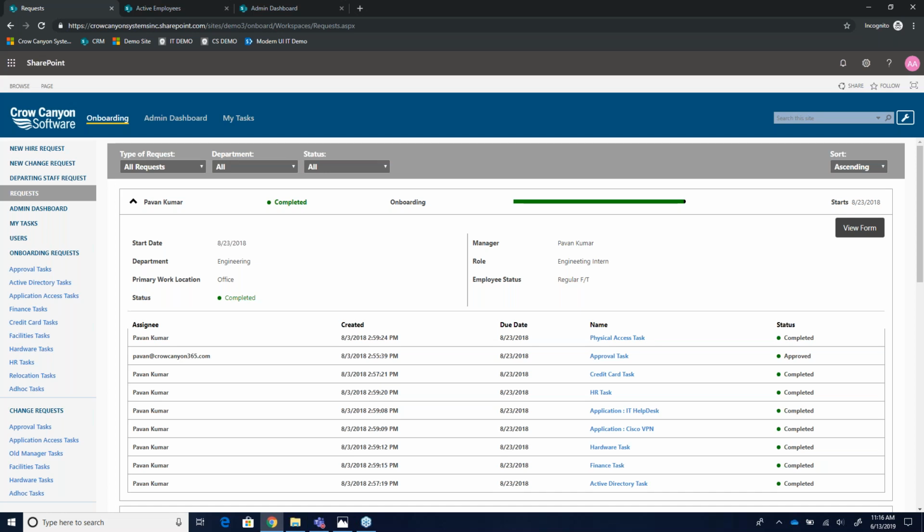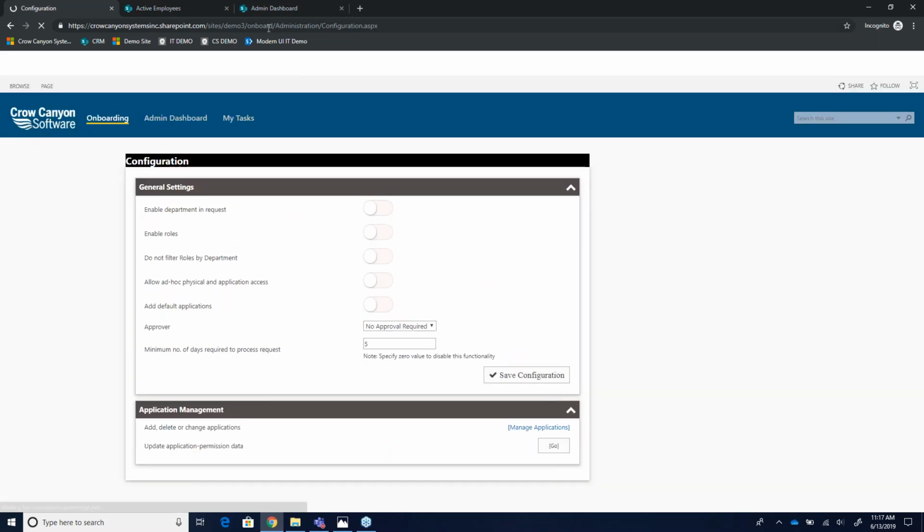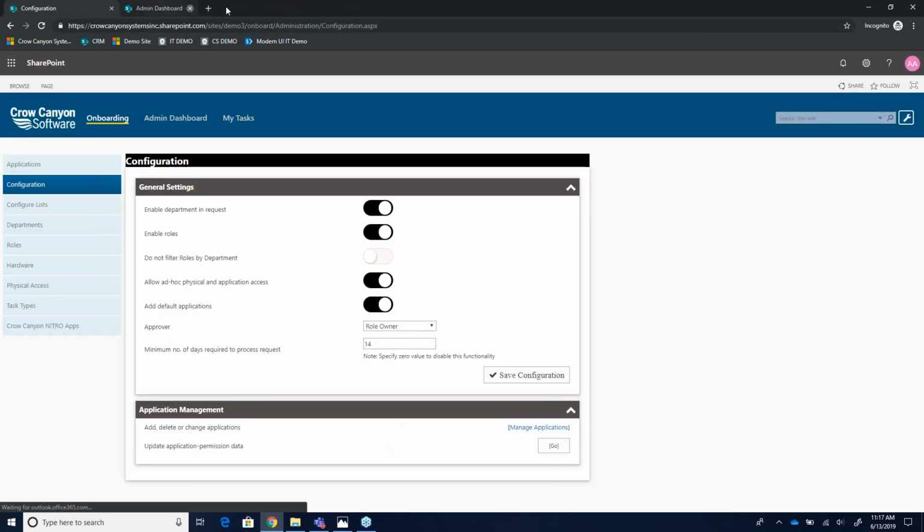Okay. So those are the major workflows, right? Those are the three things that we really utilize when we're talking about this onboarding application. I'm just going to take a quick peek at the back end to show you what it looks like from a setup perspective. Close some tabs here. So this is strictly for the admin, for the admin team. This wrench is only available to those folks who are going to have access to this area. It's not for everybody. And you can do things like specify your departments,